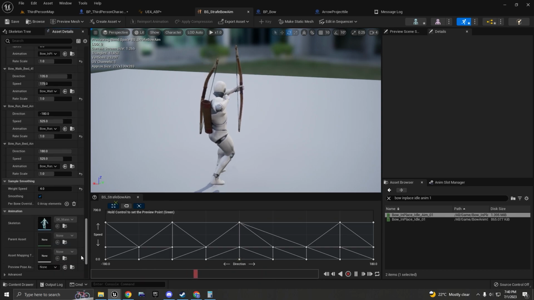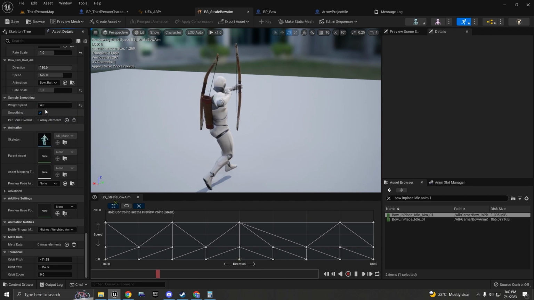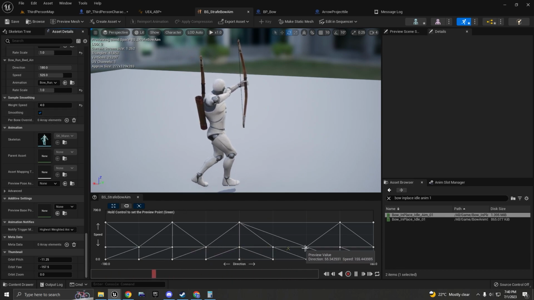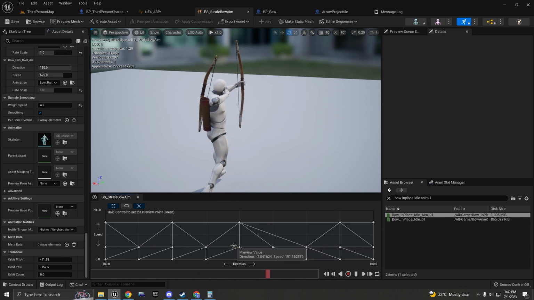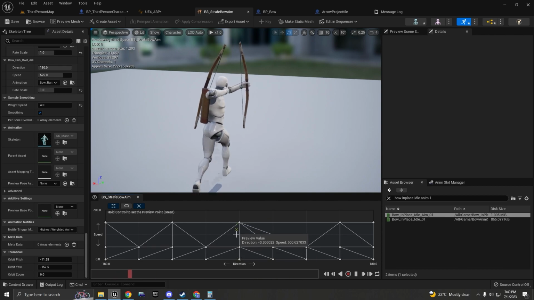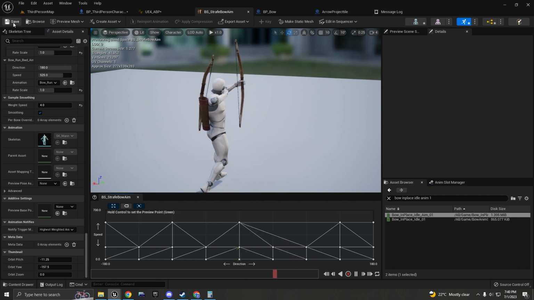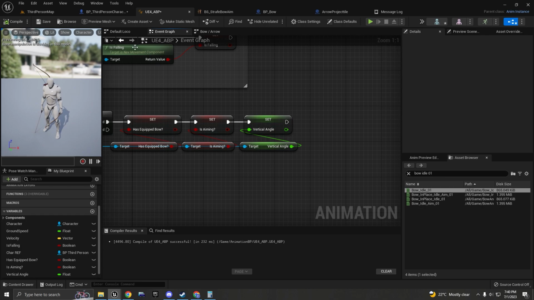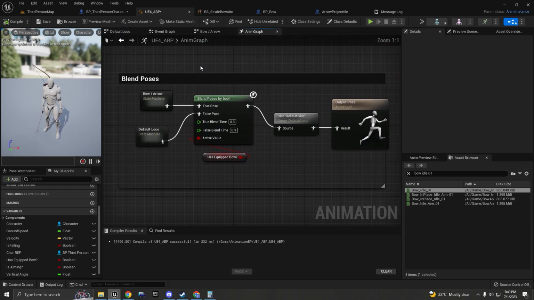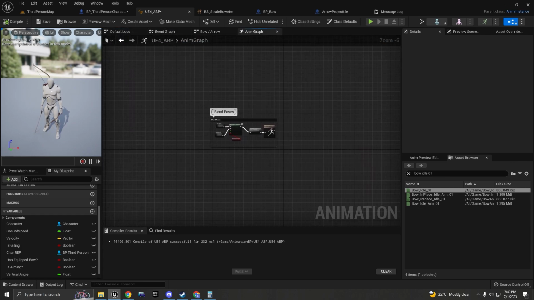Now scrolling down here, I have the weight speed set to before and smoothing turned on. So you can get a smoother blend between the walk and run animations. So that's it. I'm going to save it. Let me just close the tabs here. So now, going back to the animation graph,